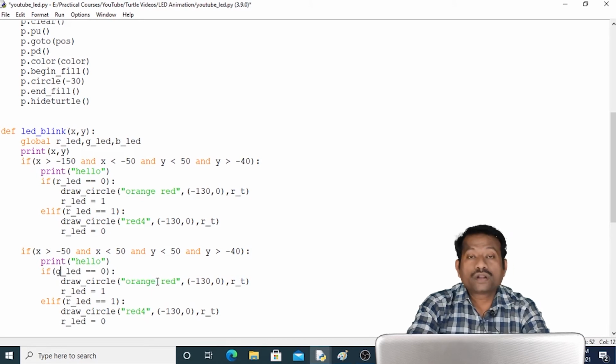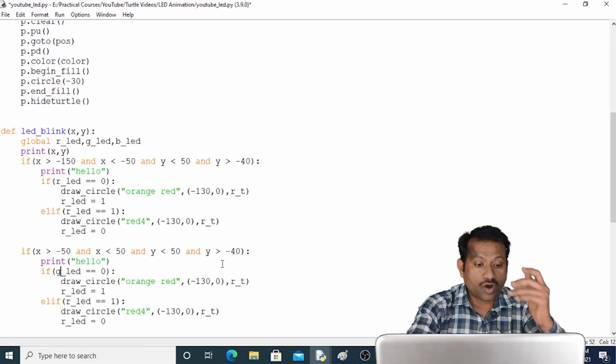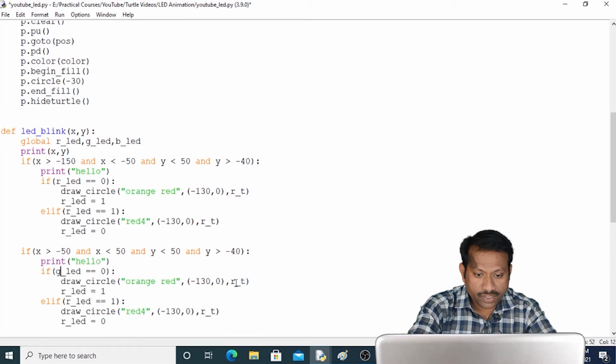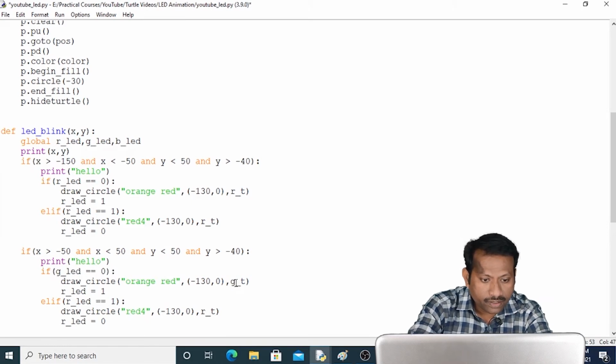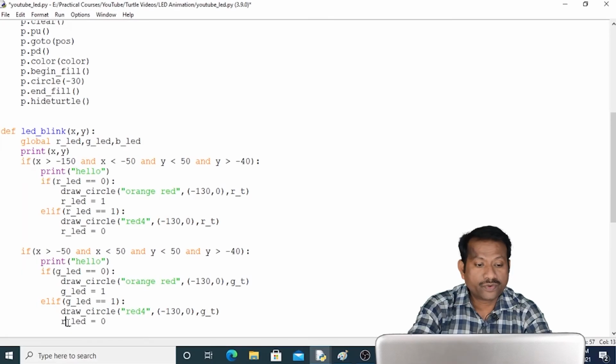Here for green, which should be the color for on, that we have to see. Here we have to make it green, here this is green, here also green, here we have to also make the changes as green. Okay, and now we have to change this color.